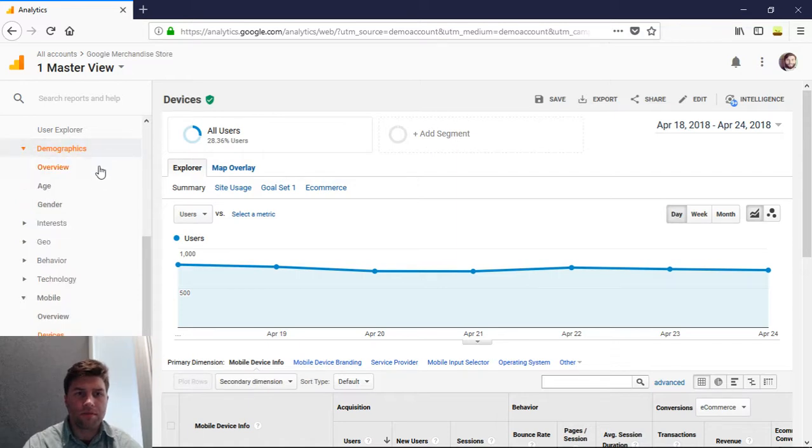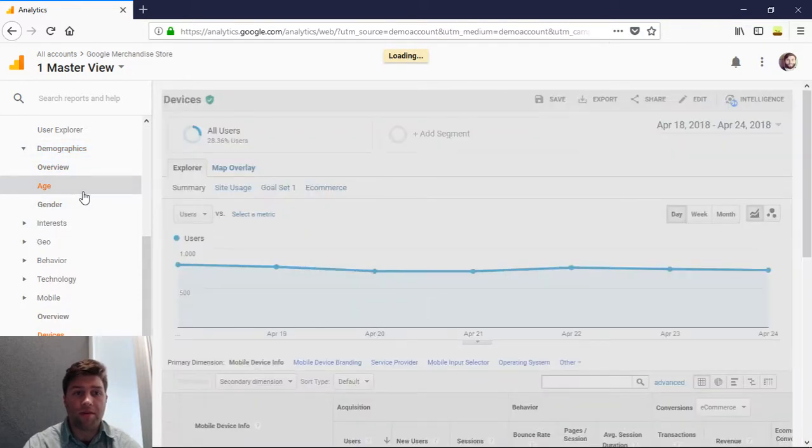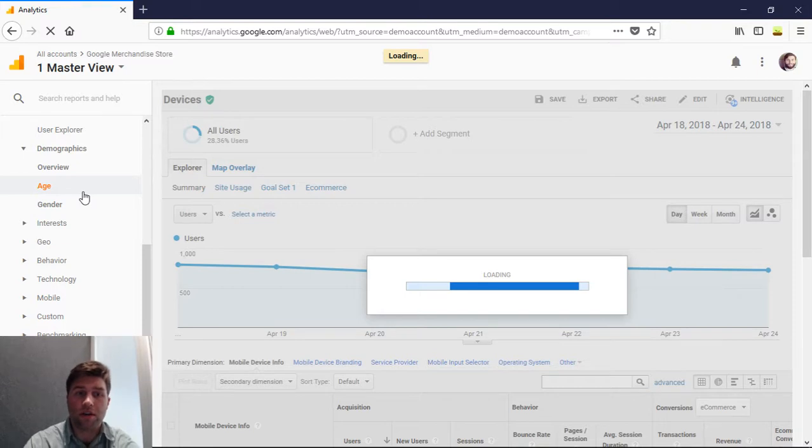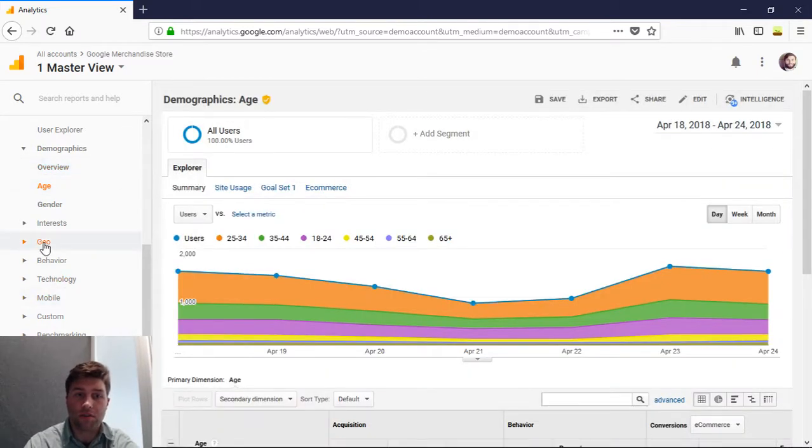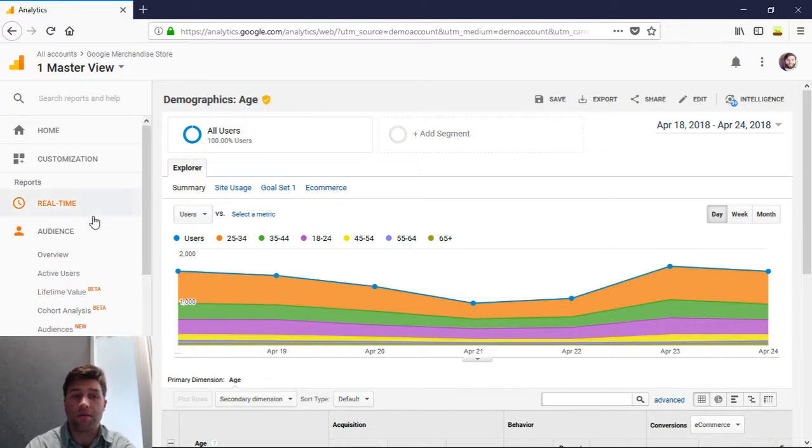And in your demographics view, you can see age, gender, where they're from, what they like. Tons of data on these people. For most of you though, this isn't really too big a deal. You don't really care about some of the more nuanced data. That's only for a larger firm. I know most of you watching this are probably a smaller business. So really what you want to do is